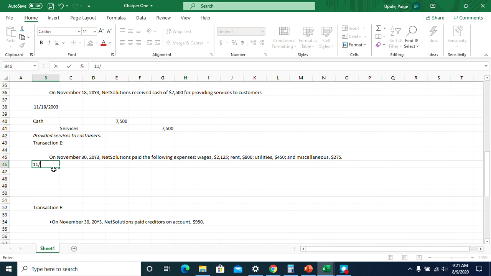So just like always, I want my date. Okay, so here for the first time, we're going to have a journal entry that has more than one debit and credit. And remember, this is perfectly acceptable, very common. Each journal entry has to have at least one debit and credit, but they can have more. And this is the first time we'll see that. So we paid wages,